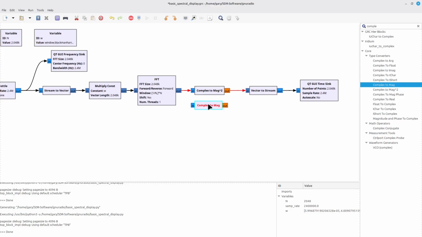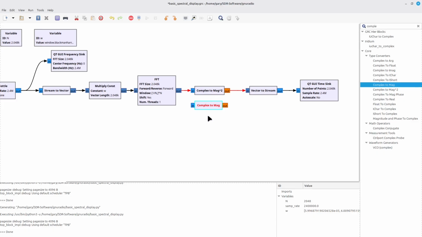The first reason is that when you do the complex to mag, you're also having to take a square root. That's a very computationally intensive, processor-intensive process, so you don't want to have to do it. And ultimately it doesn't matter because you're ultimately going to want the square value, not the square root value.